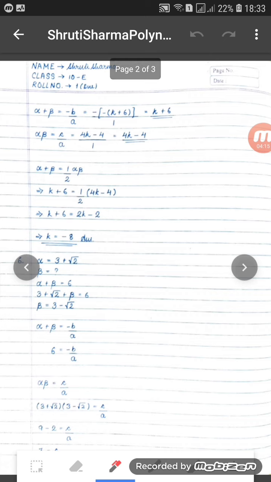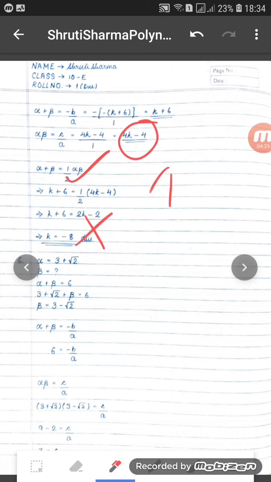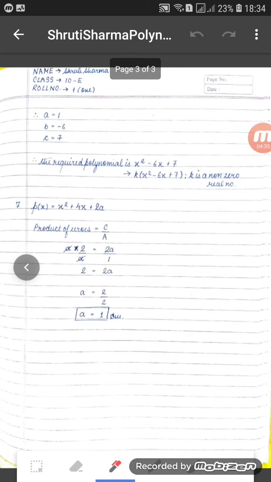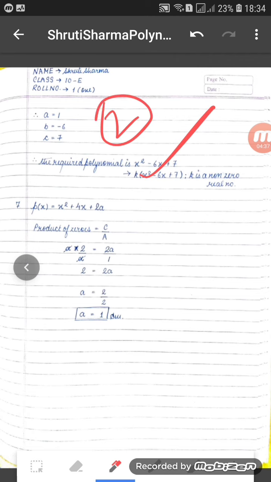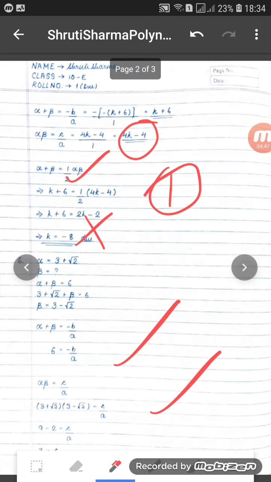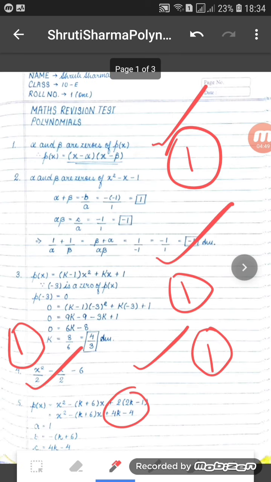So we will go to the next sheet, since there was a mistake in it, and because of that we have a mistake being made by her over here. So I will cross and give 1 mark out of 2 over here. And for the next question again, let me just check. Yes, it is correct. I'll move on to the next page. Yes, it is correct. So I'll give 2 marks over here. And for the last one, again it is correct, so I'll give 2 marks over here. So I've given all my marks in the pages, and the total score is 9.